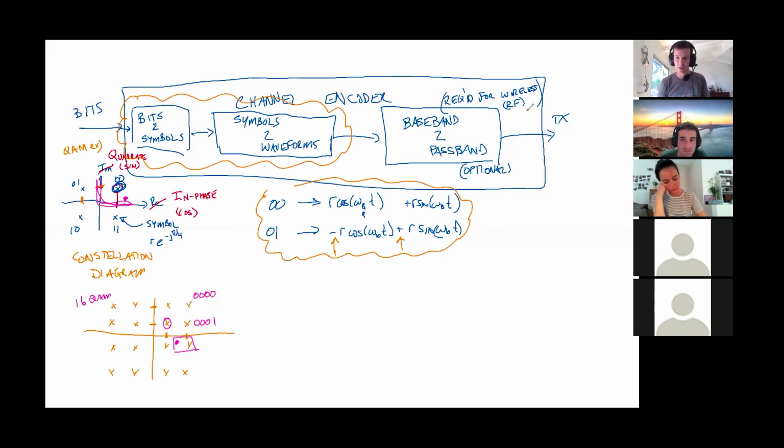Question: what are raised cosine filters used for? Sorry, Ricardo, one more time. What are raised cosine filters used for? So raised cosine filters are used to take these kinds of waveforms. So we've already mapped our symbols into voltage waveforms. And you can think about, if you choose something other than sines and cosines to represent these, then, for example, if you think about this not in terms of sines and cosines, but in terms of return to zero or non-return to zero, that kind of business,